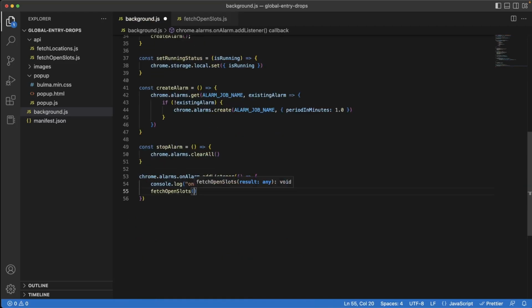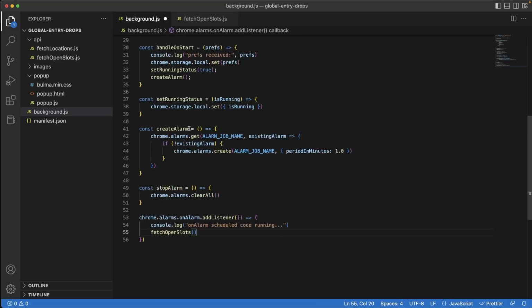But there's a problem here. We don't have access to the result object. We don't know what the location ID is or the start and end date. Now, there are a couple of ways to solve this. One is by using